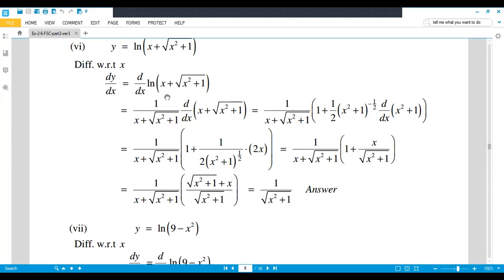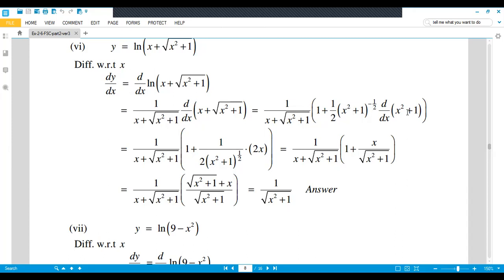Natural log derivative is 1 over that value. So 1 over that value, then further derivative of that value, x plus under root x square plus 1. So this one you copy as it is. And for this, x derivative is 1. And having x square plus 1 having power 1 over 2, so it will come in coefficient, and from power 1 subtracted. So 1 over 2 minus 1, we get minus 1 over 2.